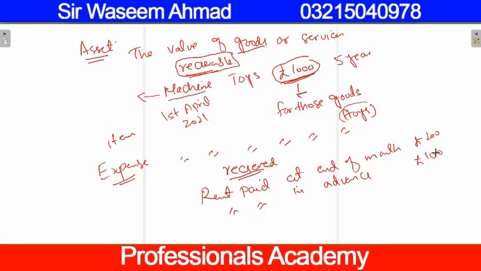Rent paid at the end of the month, pound 200. It is expense. You are incurring the expense. Your expense is being increased. It will be recorded as debit. But when rent is paid in advance, you have not received the services. Services are still receivable. And when services are receivable, it is asset. Asset increased, so again it will be recorded as debit. In both cases, you have paid cash. Cash is an asset. Cash is decreased. It will be recorded as credit.